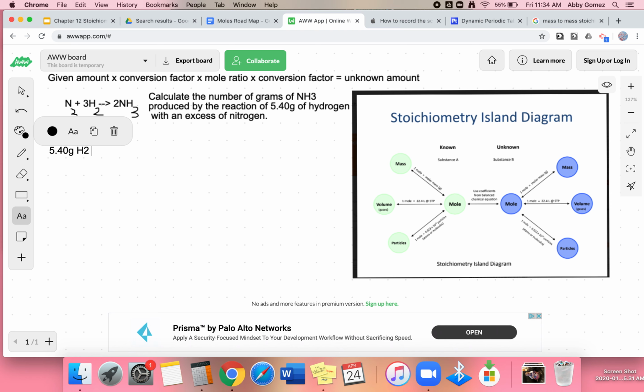Okay, it's H2. It's not just H. All right, 5.4 grams of hydrogen times, and then we've got to include our conversion factor. We said that our conversion factor for mass to moles is 1 mole over the molar mass. So 1 mole of H2